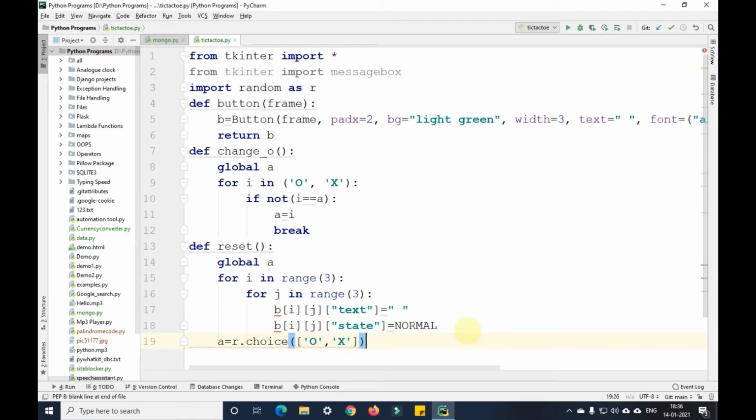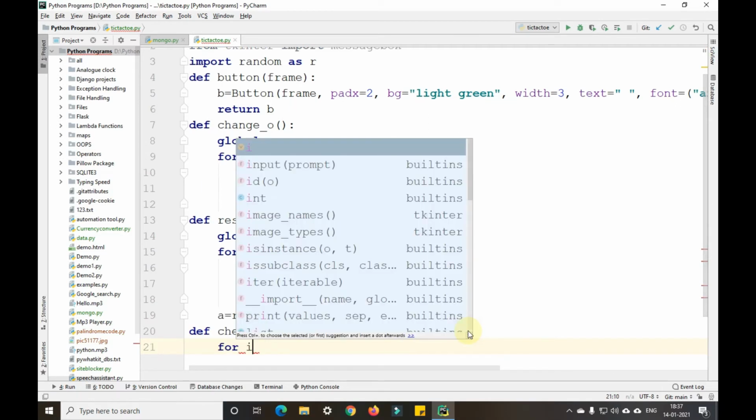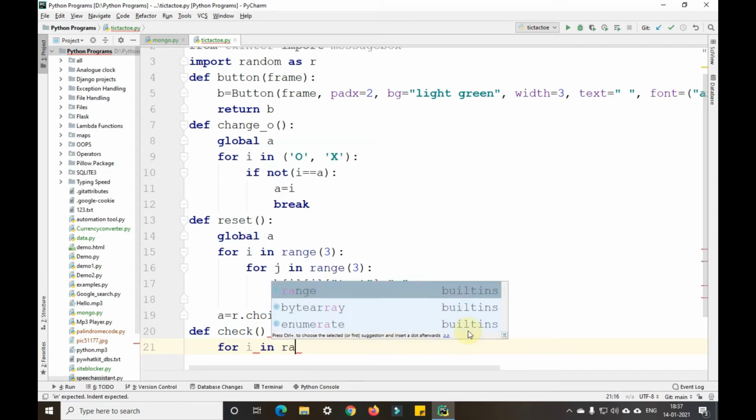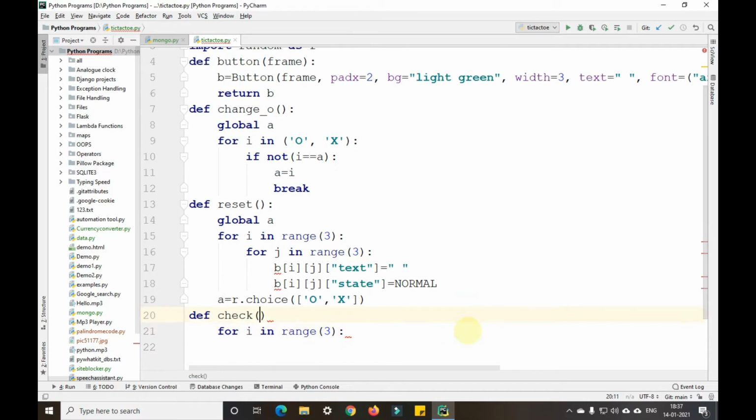Okay guys. So after this we'll check who won the game, if X has won the game or O has won the game, or if it's a tie. So for that I'm writing a function called check here. For i in range of 3, followed by a colon, enter. Here I forgot to write a colon guys.